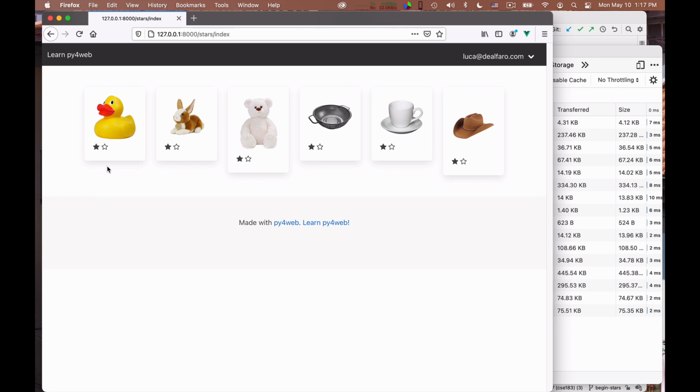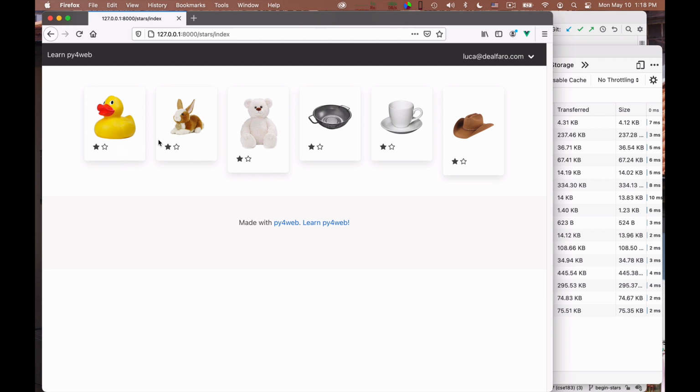When I'm out and not hovering on the stars, the number of stars that will be displayed is also 3. But when I am hovering over the stars, the true rating will be 3, even if I hover on the 4th star, but the 4 stars will be filled to give me the indication that if I click, the rating will be set to 4, okay? So for each image, I keep these 2 distinct quantities.